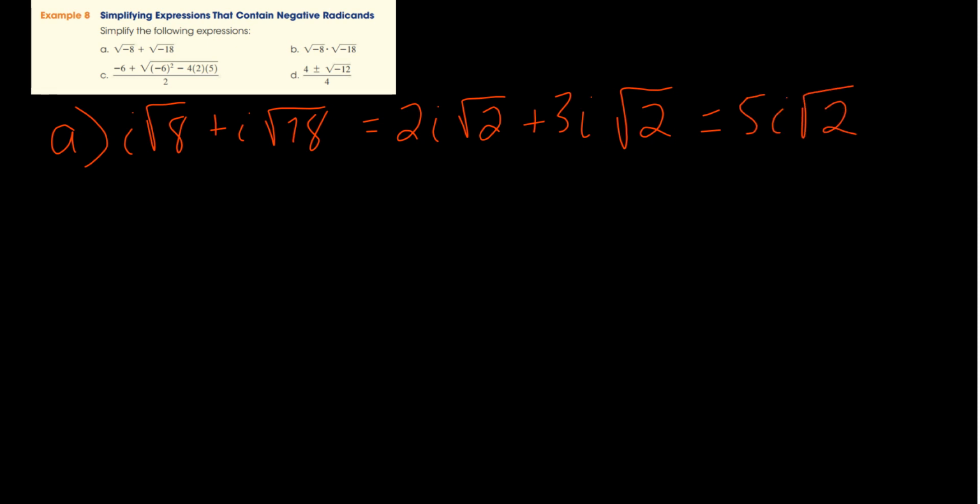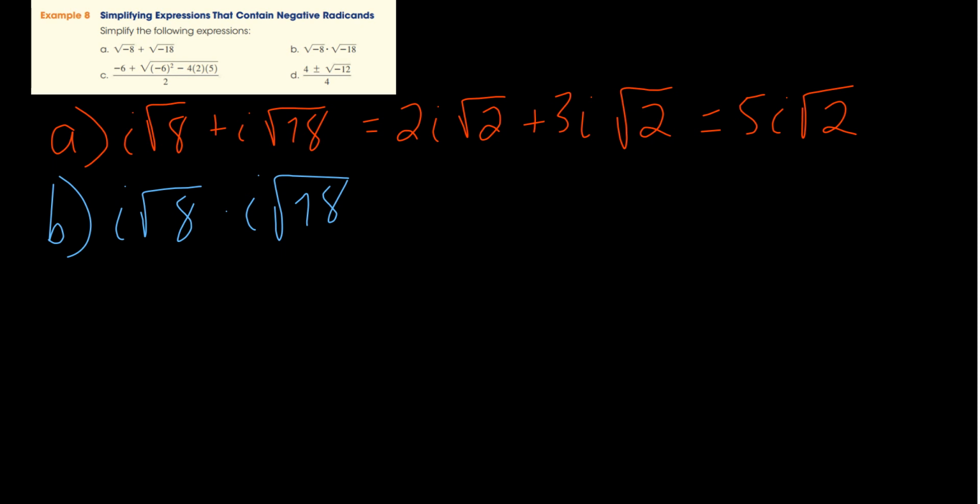B. That we are multiplying now, okay? So again, do not do this. Do not combine them under a radical, because a negative times negative is always going to be a positive, right? So we're going to have to do the rule that we saw on the previous page, and we're going to have to go i on the square root of positive 8 times i on the square root of 18. Okay, well,